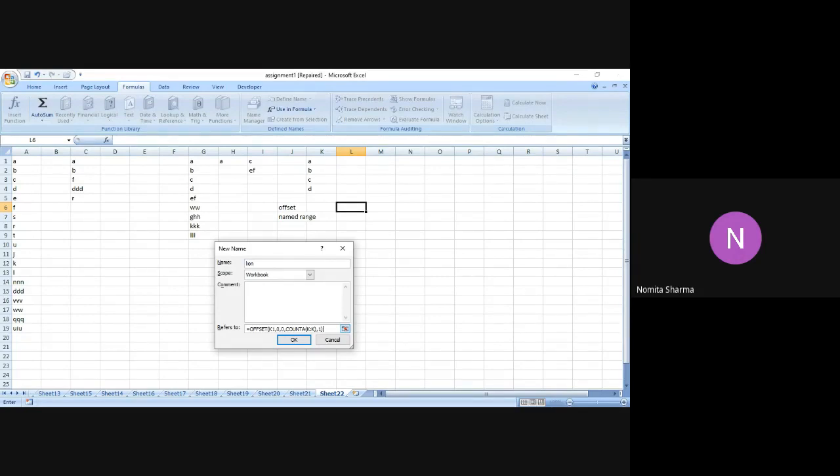So I will simply use the cursor, place my cursor at a place where I want to make a change in the formula. Now, please be careful what change we have to make. We are trying to lock this column A, which we have written in the offset function. So first of all, I go to the K. I simply write the dollar sign. Where is a dollar sign? The shortcut for this is F4.